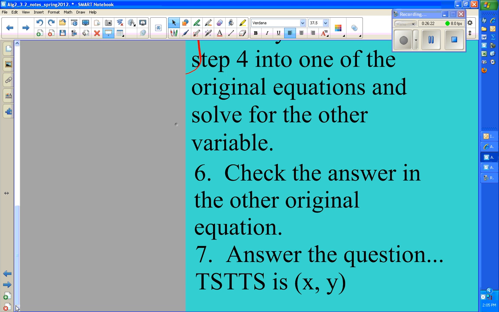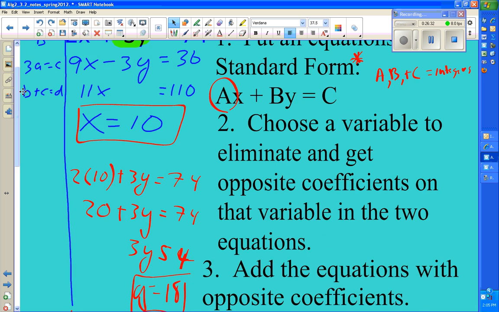The check, or to get the other variable, doesn't matter. So in this example, we solved for x equals 10. You take it back to one of the 2 original equations. Don't use one of the ones you multiplied by. It has to be one of the 2 original. Doesn't matter which one. So if you had to multiply both equations by a number, and then you were checking it,